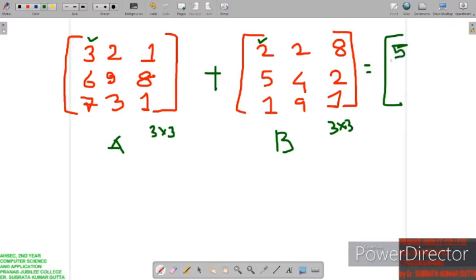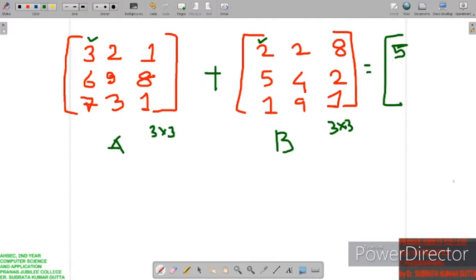So in matrix addition, the elements of respective index numbers of both matrices are added and stored in the respective index number of the result. But for matrix multiplication it is a bit different.